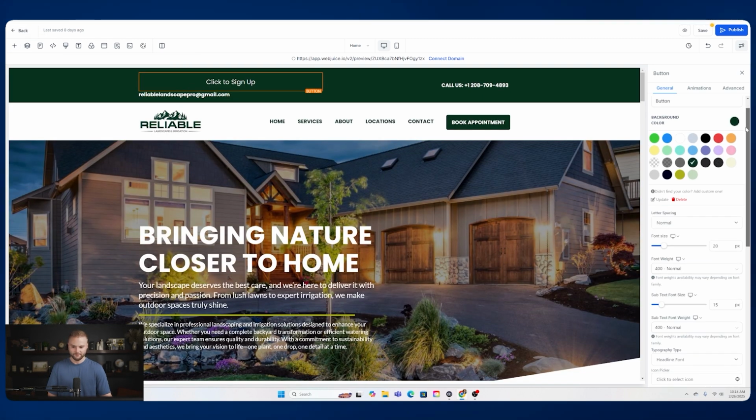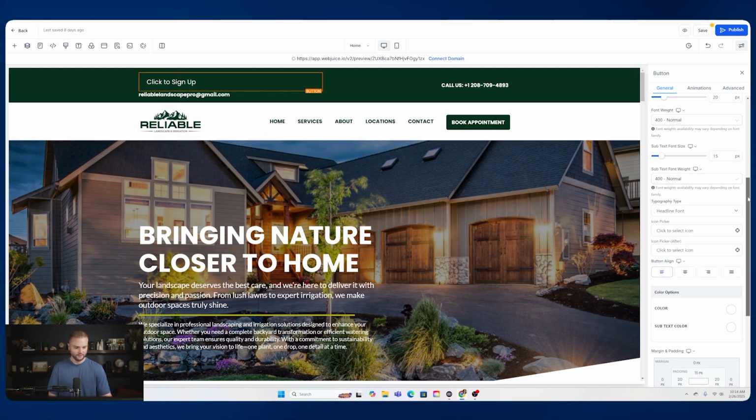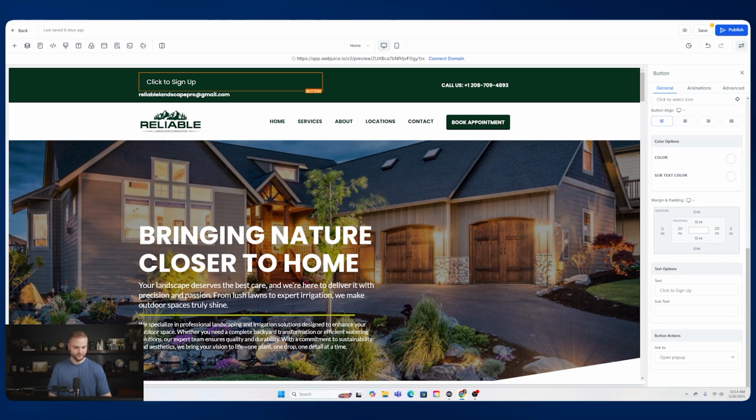I'm not going to mess with the font. You guys get the gist of it. I will, though, left align it so it kind of matches up to the alignment of the one we already have. And then once you have added that button there, you can say something like "email us", and then you can type out the email, whatever,